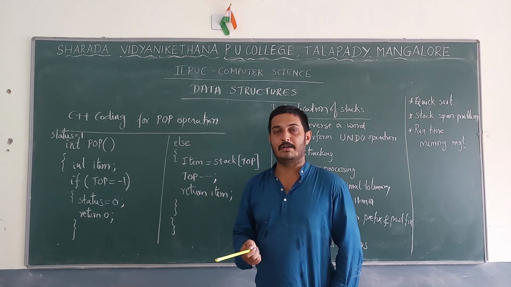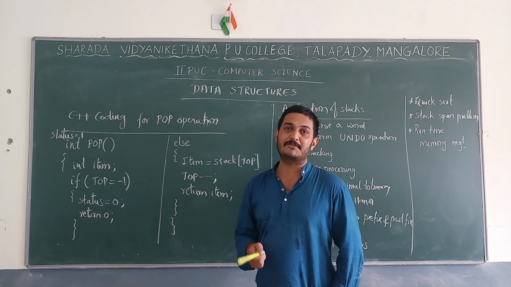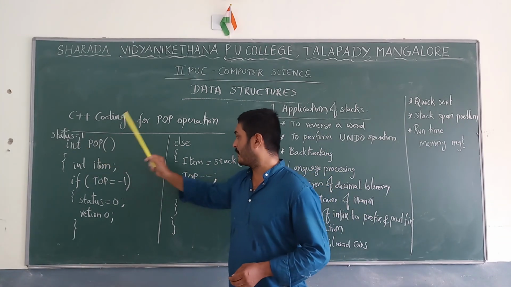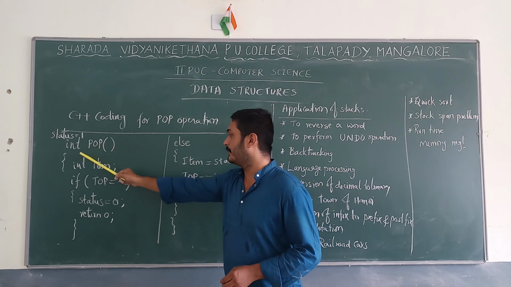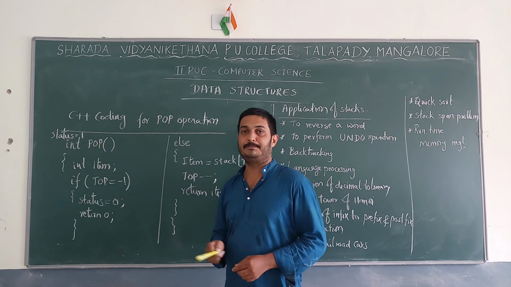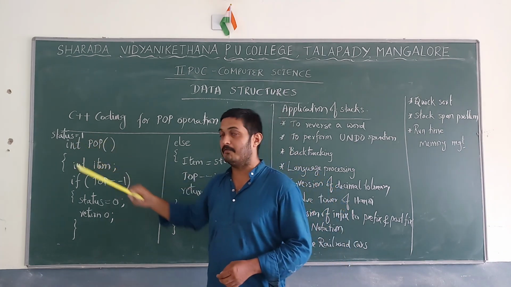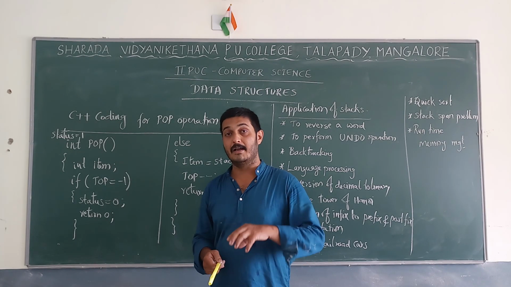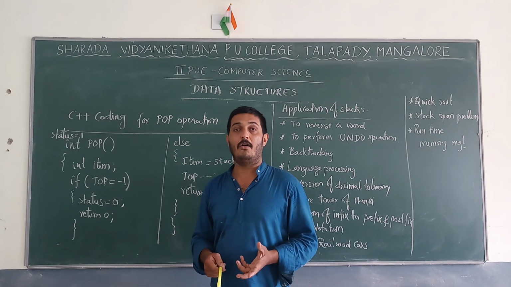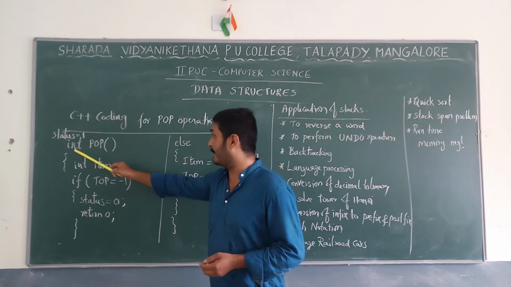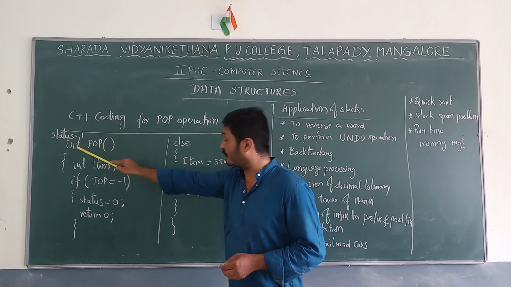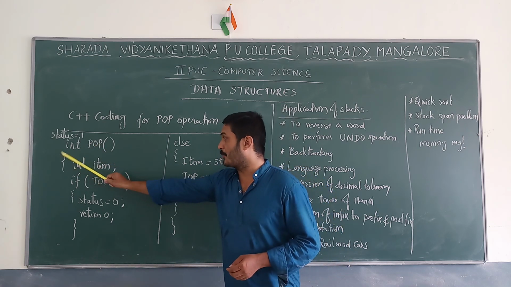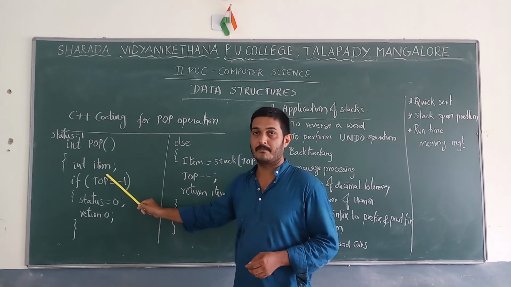It's a variable, and here int pop, and here we are also using a function. So what do we mean by function? A function is nothing but a self-sustained program segment to perform some operation. Here we are using pop as a function, and int pop, instead of void, we are using int. Void indicates there is nothing to return. In this case we have to return that variable, that means the deleted item or removed variable. All those things should be specified here. So that's why we are using int pop, and after this one, open parenthesis, int item.